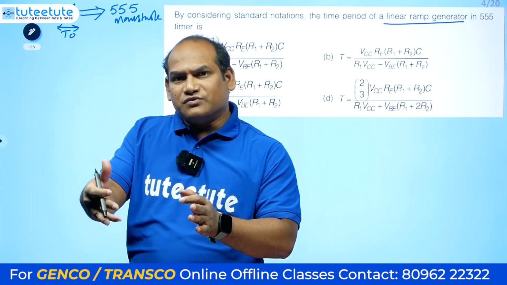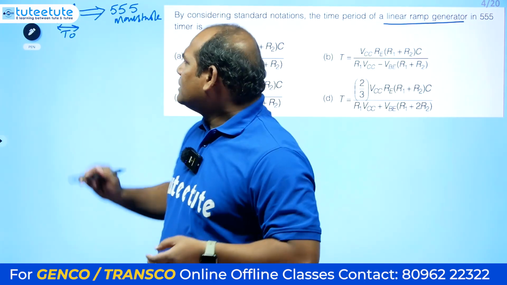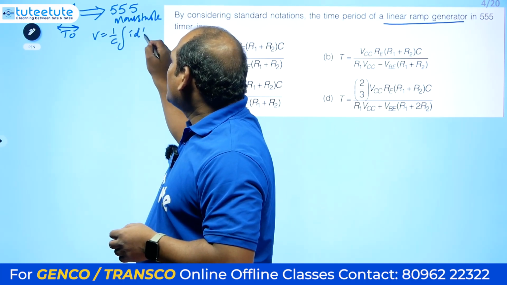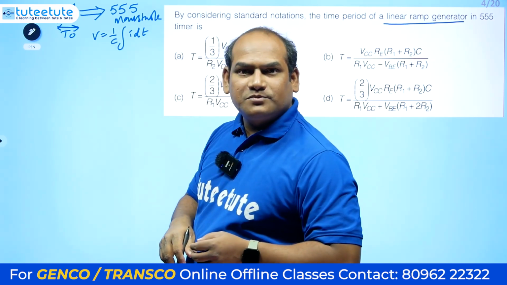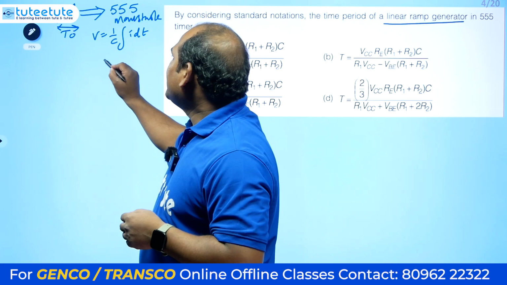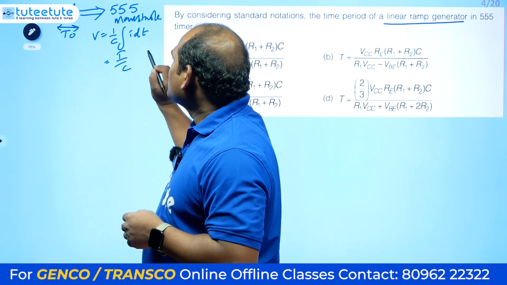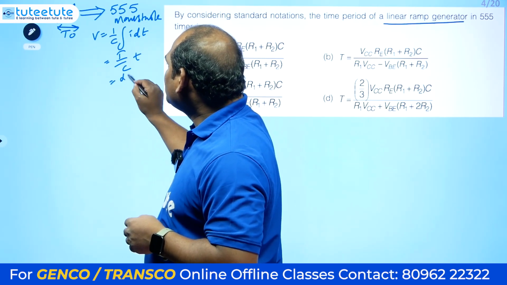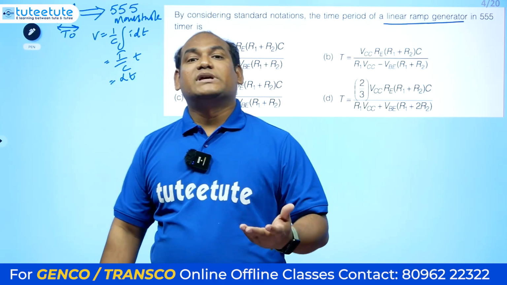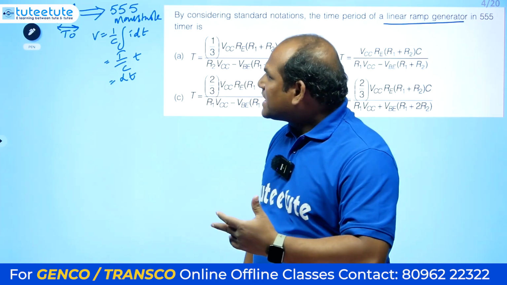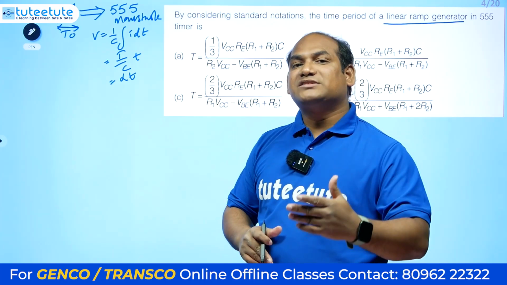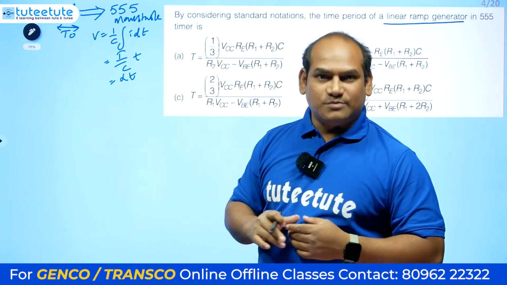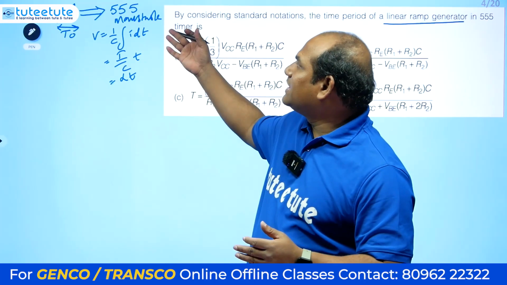How to make that capacitor charge linearly, in a ramp manner without the exponential behavior? If you see the capacitor equation, V is equal to 1 by C integral I dt. How can we get a ramp voltage here? We can get ramp voltage by making this current constant. So I by C is constant, and integral dt gives T. So it is like alpha into T only, right? So we are going to get a ramp voltage. So how is it possible? We need to make the current flowing through the capacitor constant. If we can make that, then it is possible to get the ramp from the monostable multivibrator operation